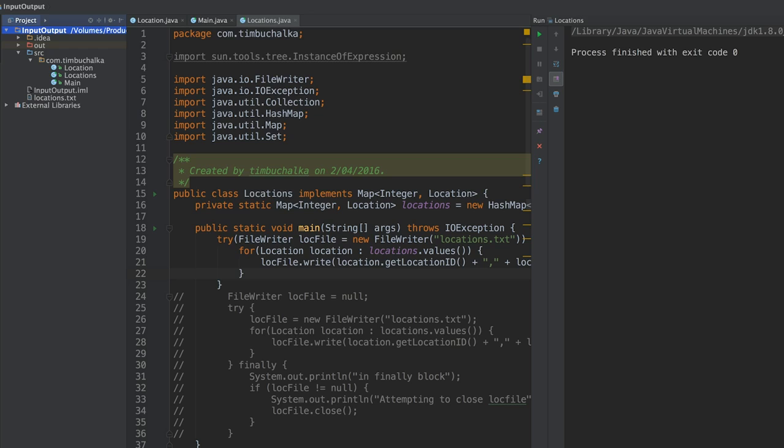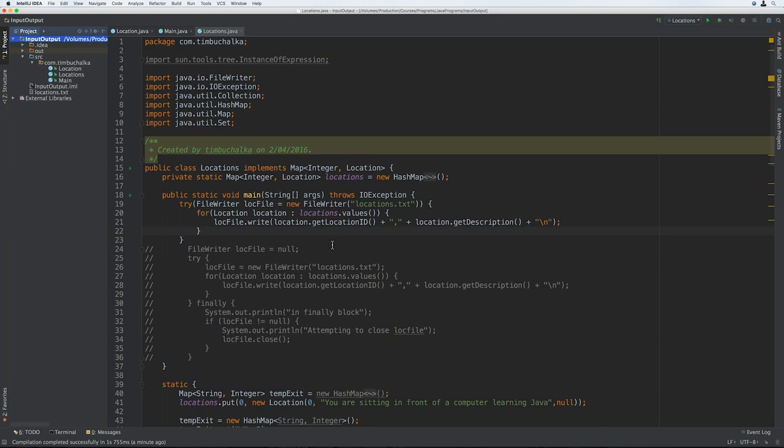automatically. So now you can see, and I'll just close down the run window, that it's a lot tidier and a lot more concise. We've only got a few lines of code there, including the try. So it's much tidier, and now that we've done that, let's add some code to also write out the exits